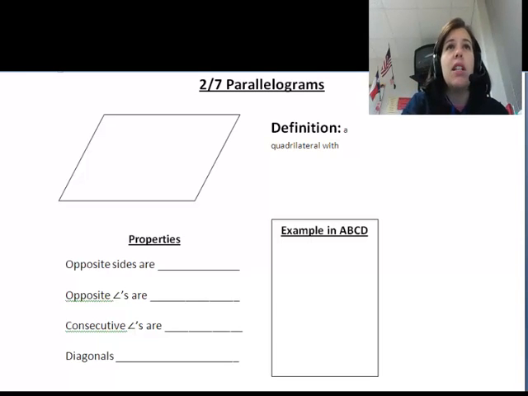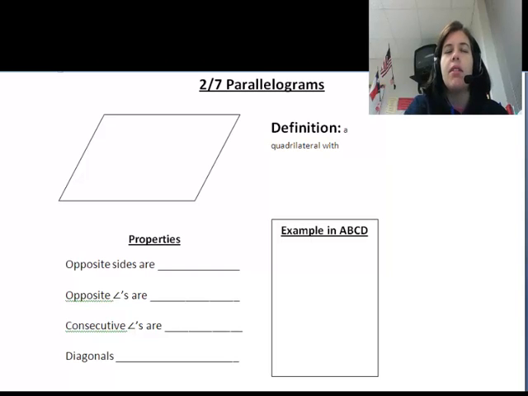Today's video should be pretty simple, pretty easy to deal with. It's really just talking about the properties of parallelograms. We're about to go into a unit on quadrilaterals, and we're going to take each different type one at a time and talk about their properties. And then in class, we'll use algebra and other things like that and proofs that involve